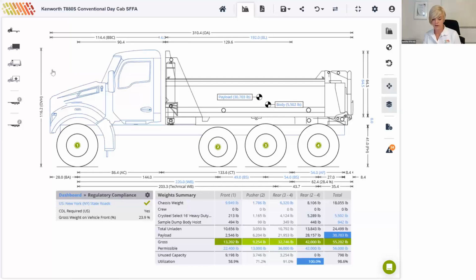The payload jumps by another 2,000 pounds to 30,703 pounds. Of course, the gain is partly offset by the weight of the pusher axle itself. So you might ask yourself if it's worth adding a pusher axle in this case. Examining the utilization rows at the very bottom